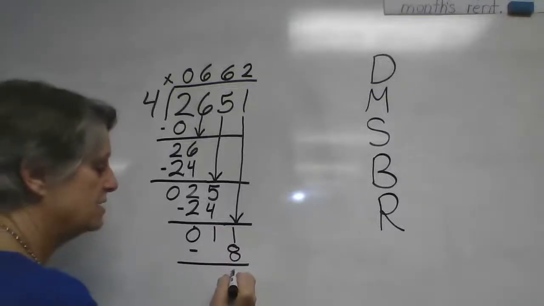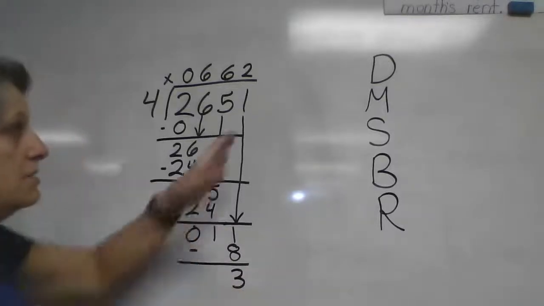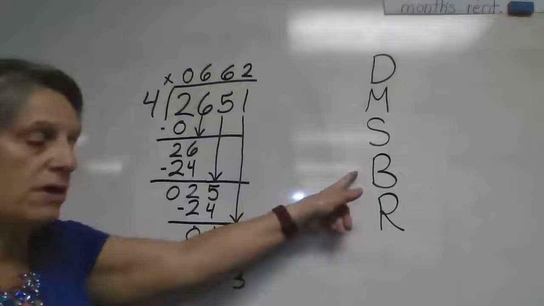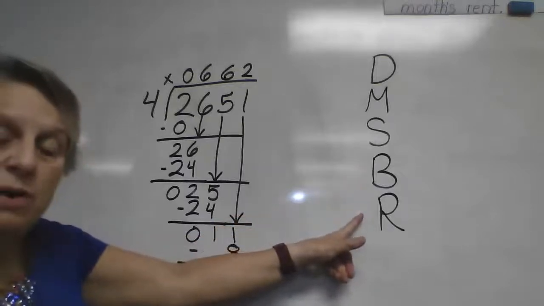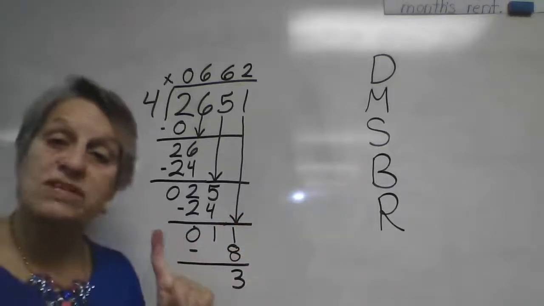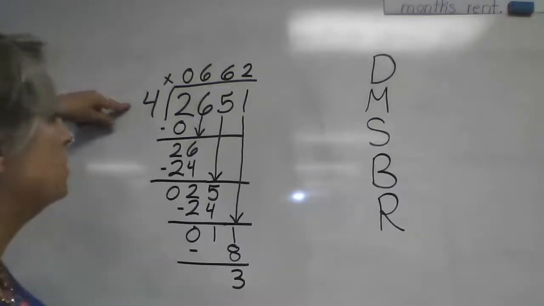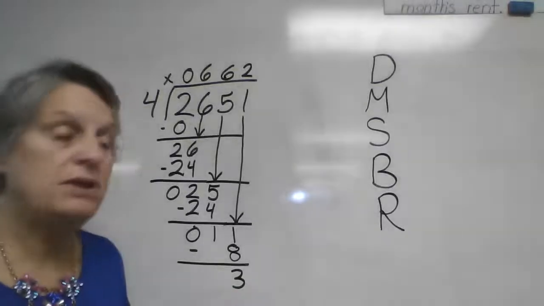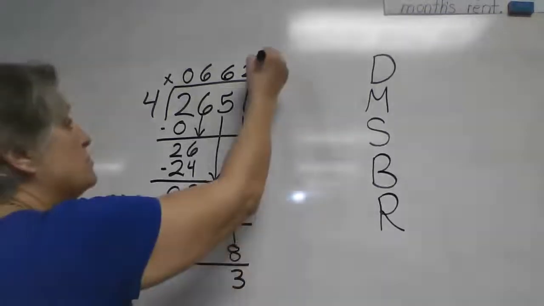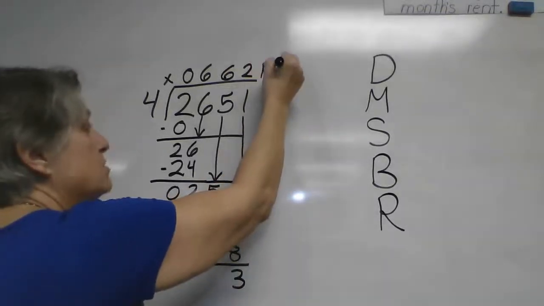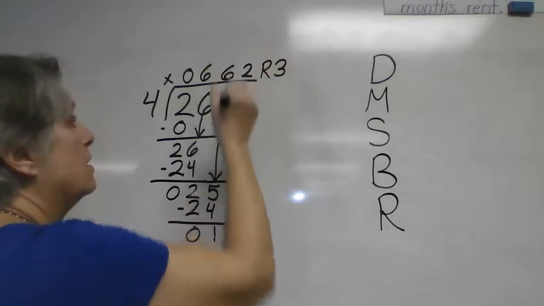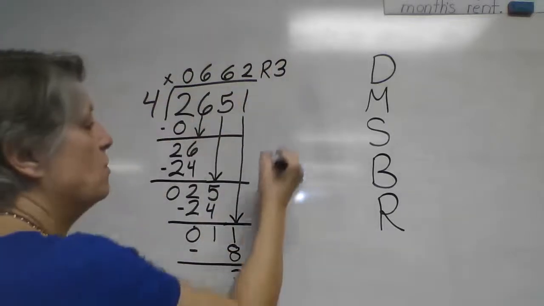11 minus 8 is 3. Is there anything left to bring down? Nope. So now we know that what we have is our remainder, but we always double check it. 3. Is 3 less than 4? Yes, it is. So that's a legitimate remainder. So we can write this one this way with a remainder of 3, or we can write this whole thing as a fraction,